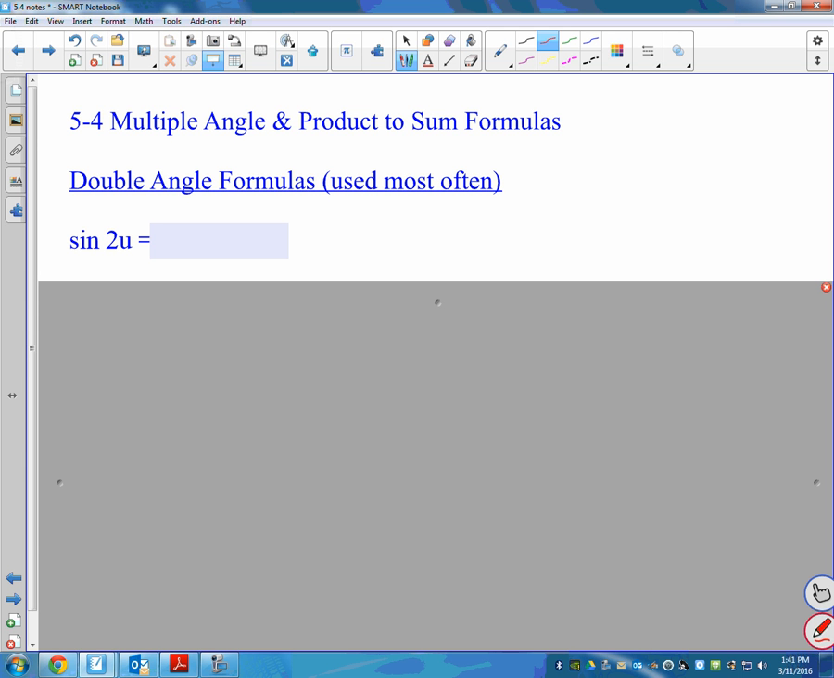...of 2u, where u is x or theta or whatever angle this is: 2 sine of u cosine of u. It's really easy to prove where that comes from using the sum identities that we did yesterday. It's up to you if you want to write this down or not, but I think you should at least pay attention here. The sine of 2u,